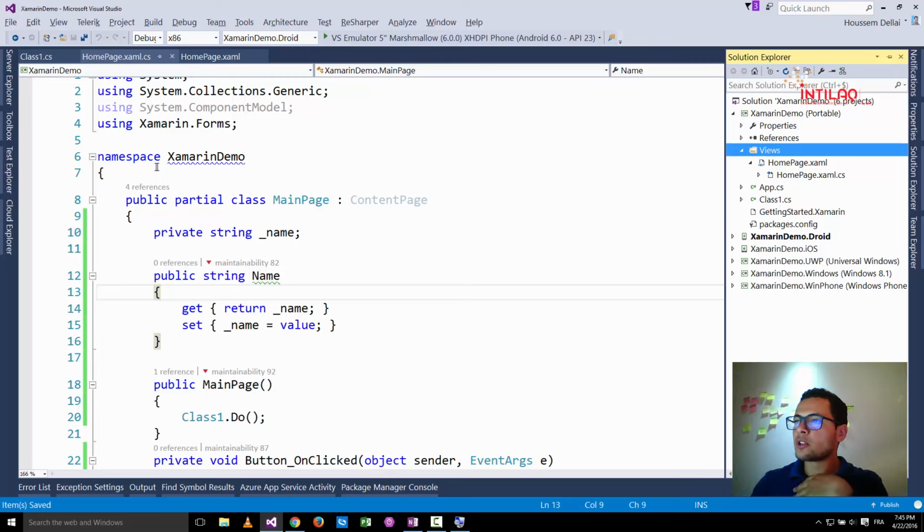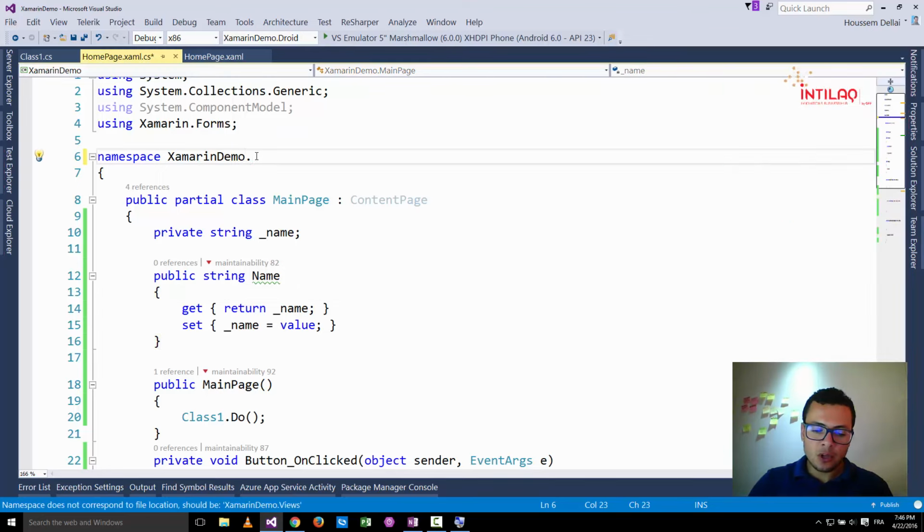So for example, you want the namespace here to change to the name of your project, then the name of the folder in which your class resides. So you can simply type .views,